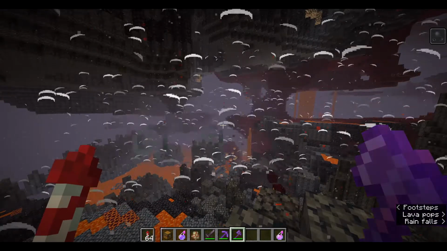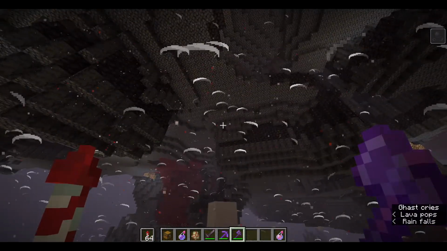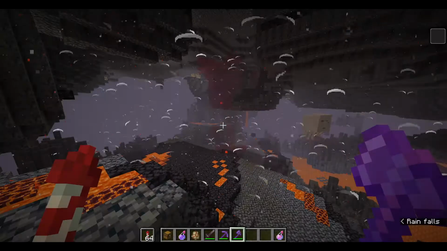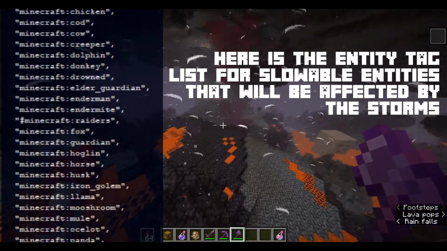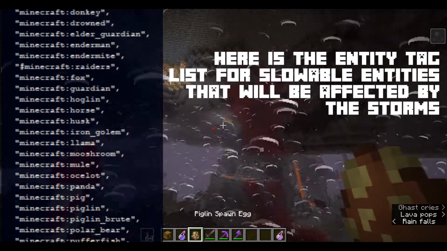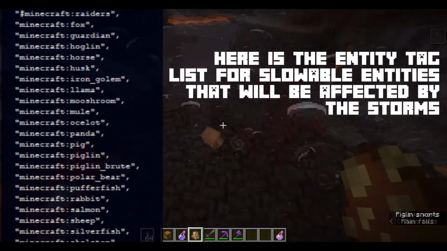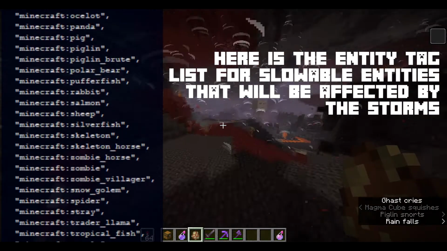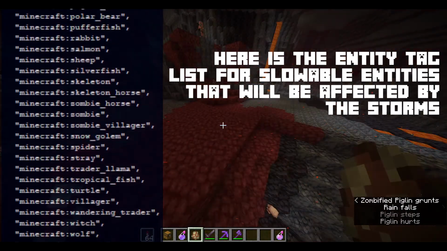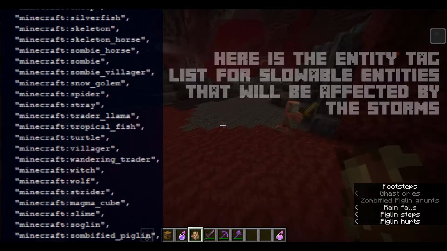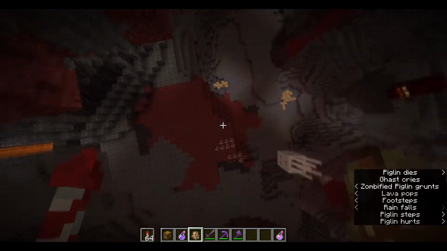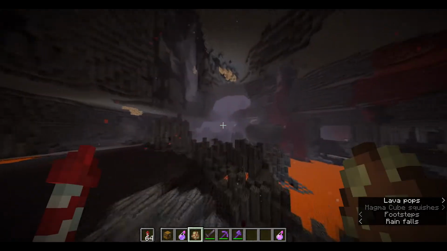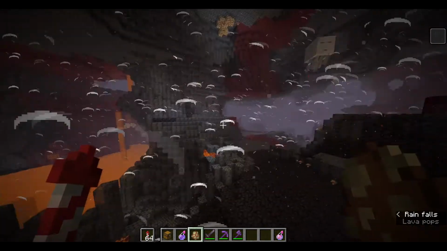The big difference is that it'll cause more ash particles or spore particles to occur in these biomes, and it also gives me slowness too. But one big thing that's also different from a lava fall, even though there are lava drips everywhere, is that it'll actually not cause any fire damage, of course outside of nether wastes, because nether wastes are not actually biomes where the storm effects will occur. So as you can see, there's way more white ash going on here in the basalt